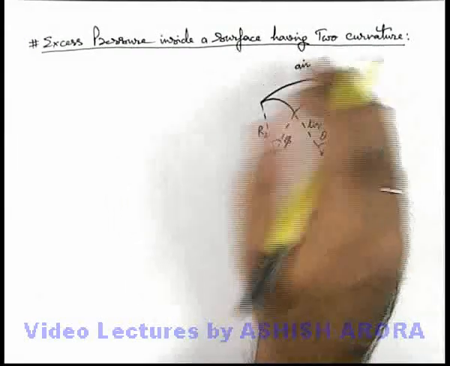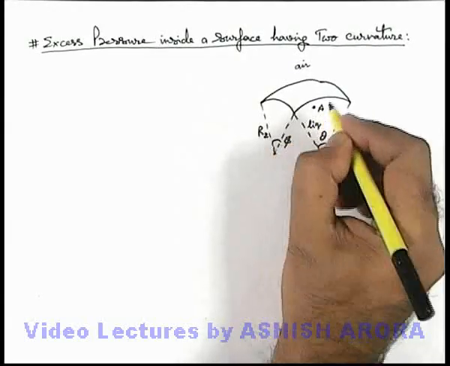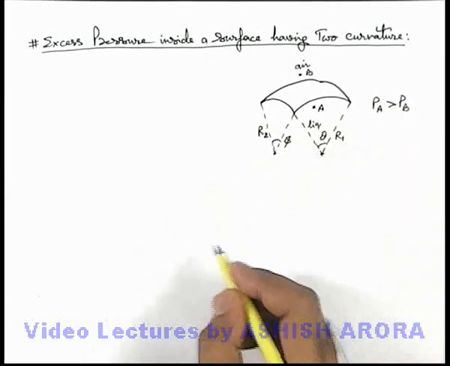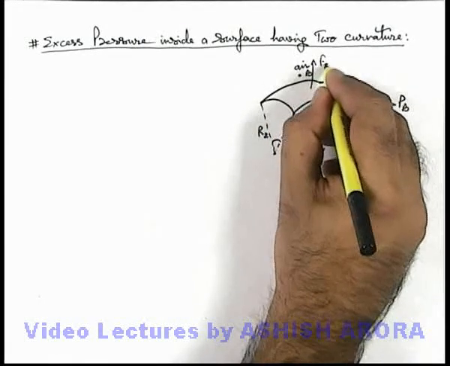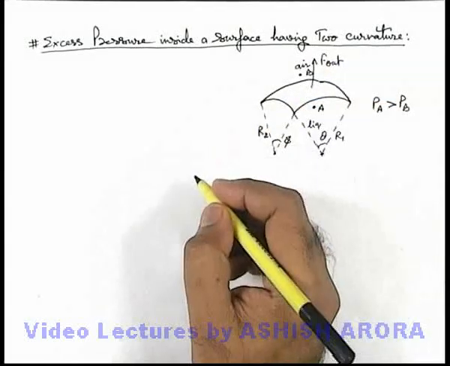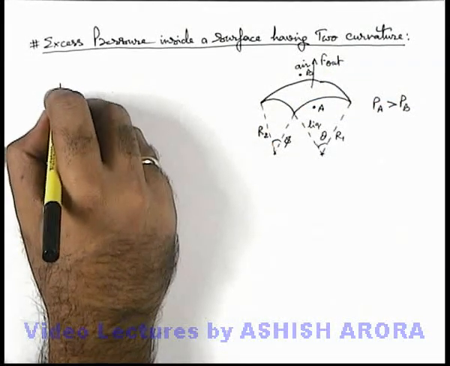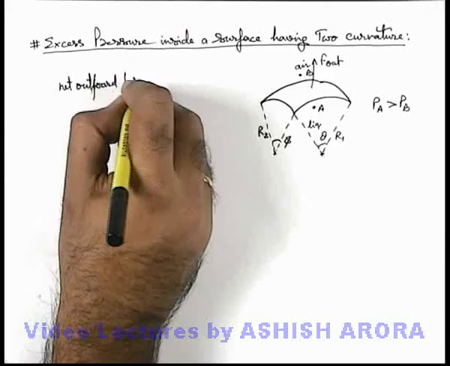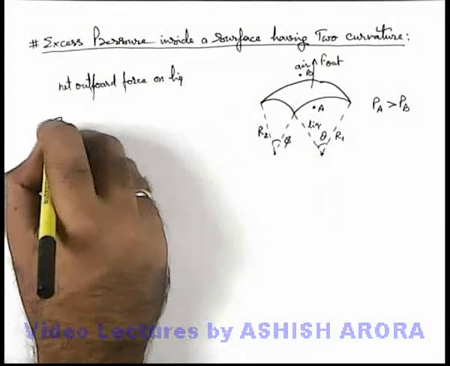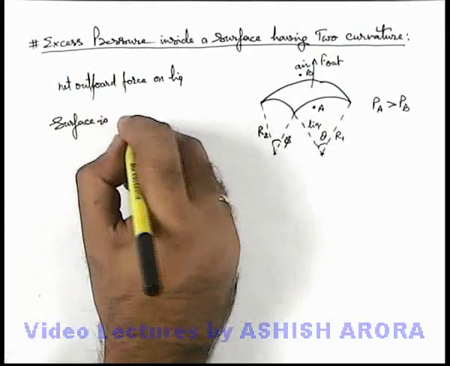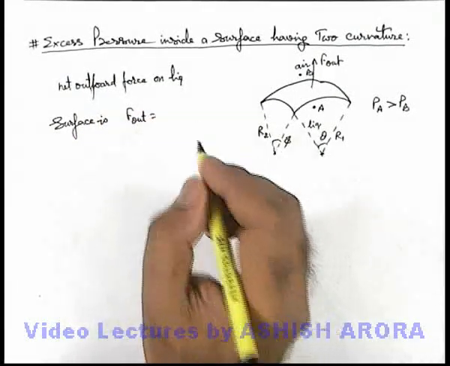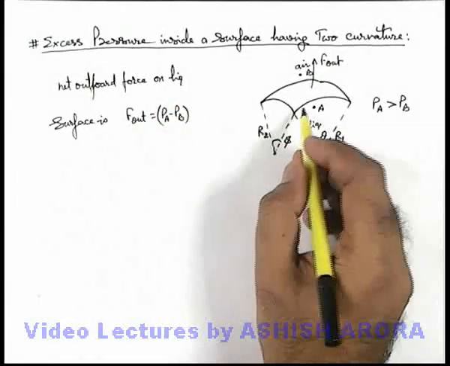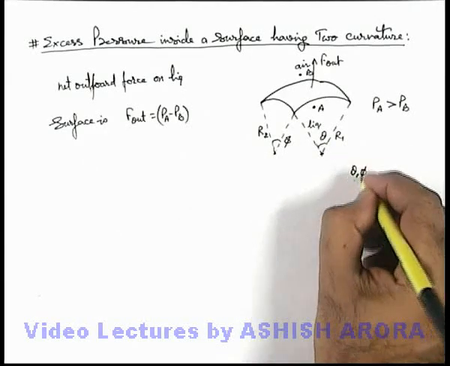As the bulge is in the upward direction, if we consider a point A inside and a point B outside, we can say that the pressure at point A will be more than the pressure at point B. If we find the net outward force acting on this liquid surface, F out can be written as the excess pressure inside, PA minus PB, multiplied by the surface area. If we consider theta and phi to be small,